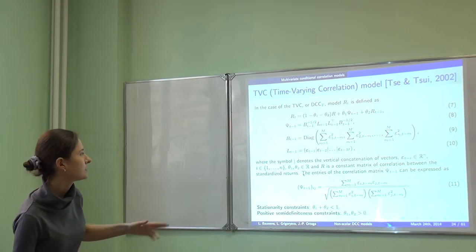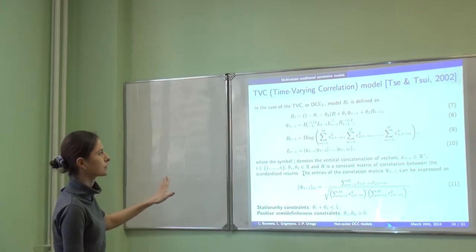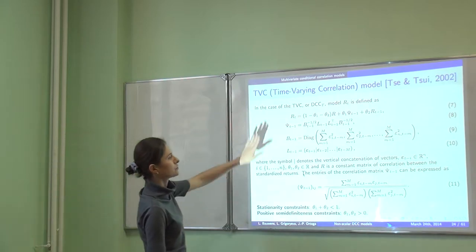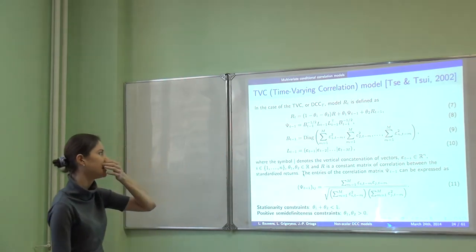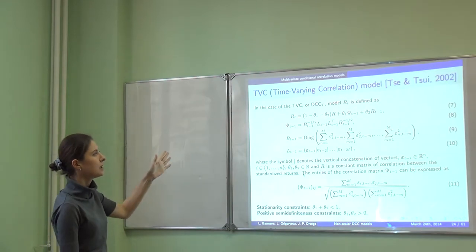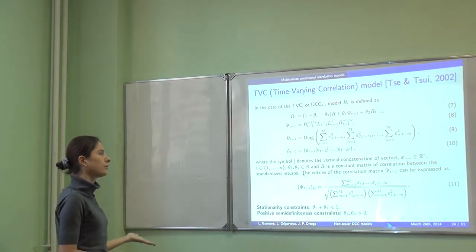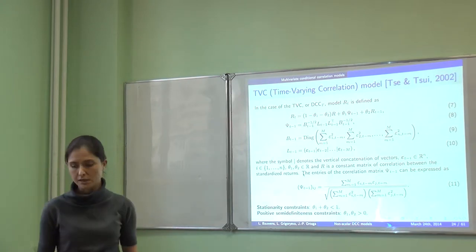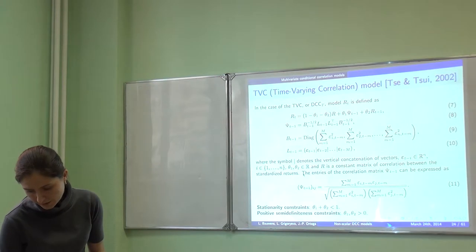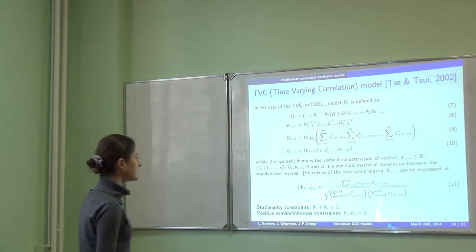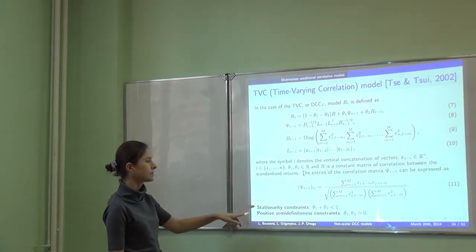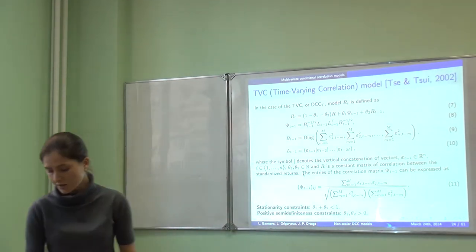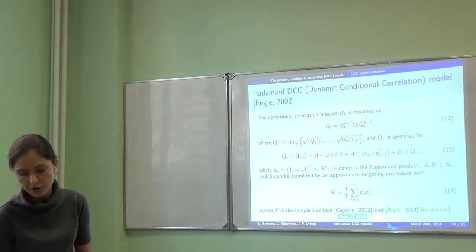So what is another way? I just give you a short slide about other ways to come up with a model for RT. So you see there is the so-called TVC model. As you see, there are models from easy to write down and construct to something like this TVC model. But again, what is good about this is that stationarity constraints and positive semi-definite constraints are extremely easy. So in this case, the constrained optimization problem will be much more feasible.